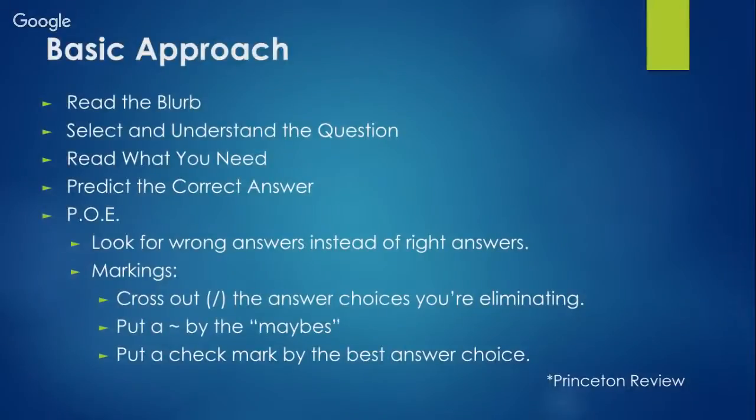Here's the basic approach. You read the blurb, you select and understand the question, then you go back into the text, you read only what you need. Then you predict in your brain what the correct answer is going to be. Then you do the process of elimination where you look for wrong answers instead of right answers. You cross out the answer choices that you're eliminating. You put like a little squiggly by the maybes, and then you put a check mark by the best answer